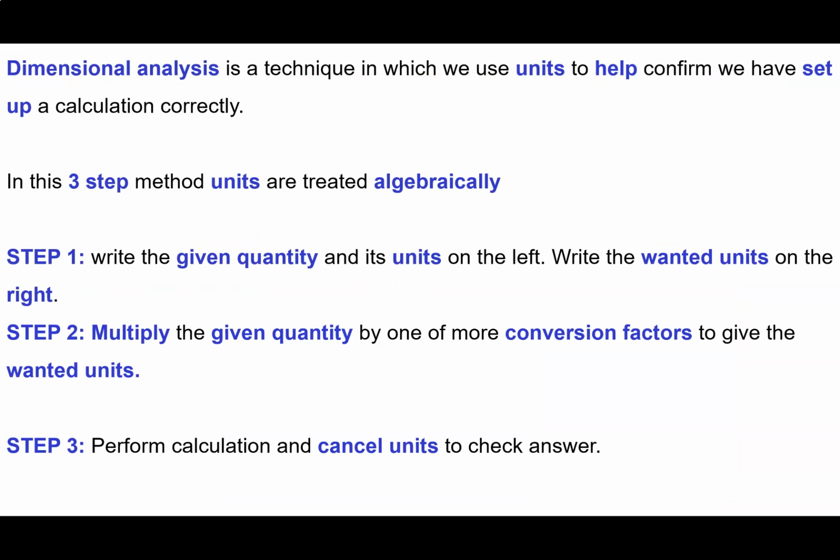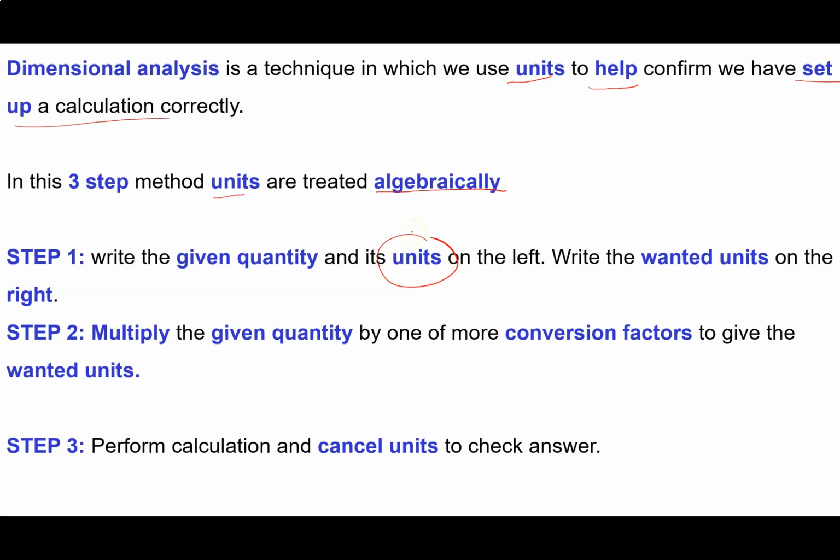So dimensional analysis is a technique in which we use the units to help confirm we've set up a calculation correctly. It's generally written as a three-step method, and all we're going to be doing is using the units algebraically. That means we're going to be multiplying units, dividing units, and cancelling units. The general process is this: you write the given quantity and its units on the left